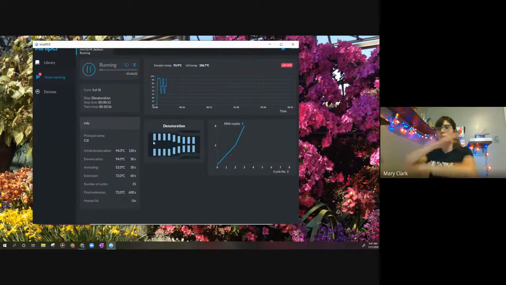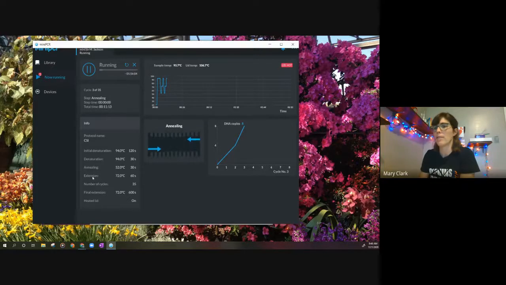So right now, our two strands of DNA are being heated up so that they can separate for the next step when the primers are going to anneal to those specific spots that we want the primers to attach to. And then the extension step is going to be when the DNA is replicated. So right now we have annealing. These two arrows represent the primers. So this is going to go for another 30 seconds, and then we're going to be able to see the